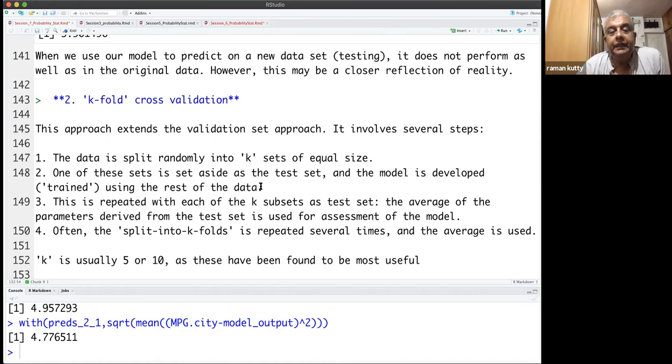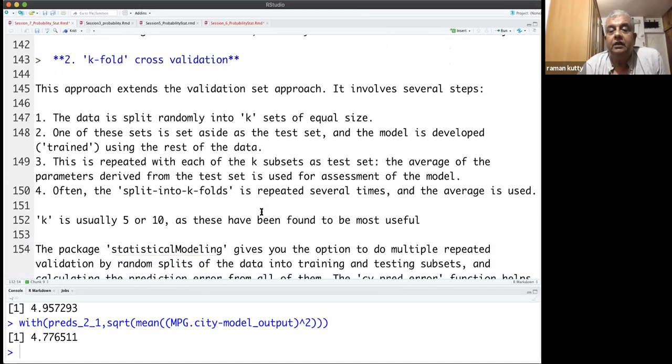Then this is repeated with another subset taken as the testing set, as many times as you want. That is called k-fold cross-validation, and then you take the average of all these, that is, you estimate the average of the RMSE values.